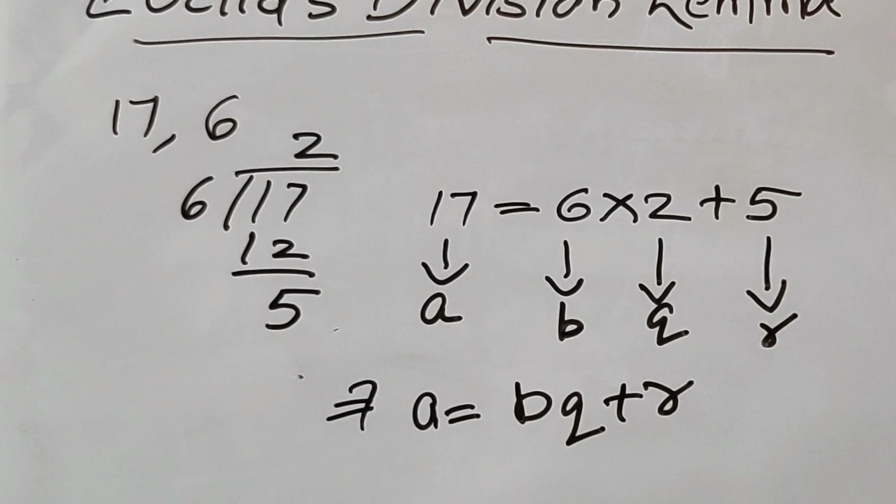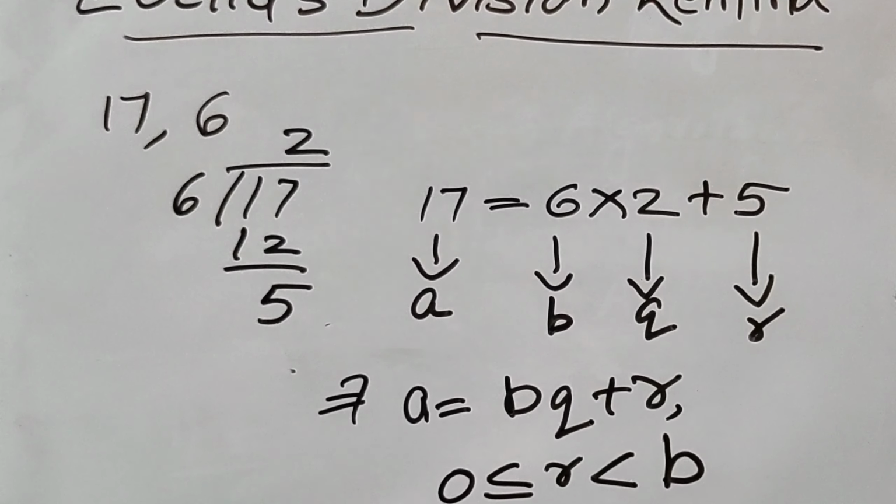Now what about the remainder? The remainder always should be less than b. So we have a condition for the remainder. Sometimes when we divide, the remainder can be equal to 0. Then the remainder can be other numbers which are less than our divisor. So there is a condition for r, that is 0 less than or equal to r less than b. That means the remainder can start from 0 and it can go to a number which is less than b. It cannot be equal to b or more than b. It should always be less than b.